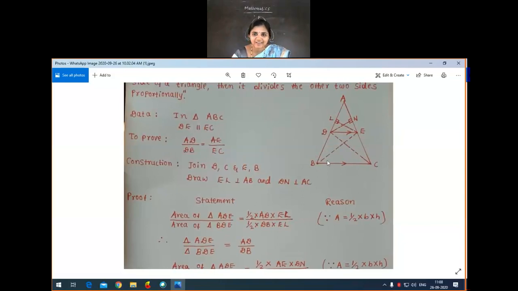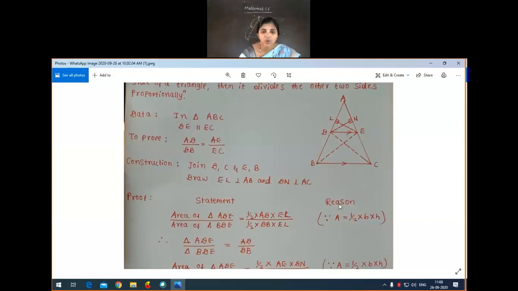So now we are observing the triangle ABC. Okay, now we'll go to proof part. In the proof part, I made two groups, that is two parts: one side is statement part, another side is reason part. Whatever statement we are taking, for that we have to give the reason. Reason is very, very important. Why we are taking this one, how you got this step. For that every step you have to write the reason. That's why I made the proof part as statement side and reason side.